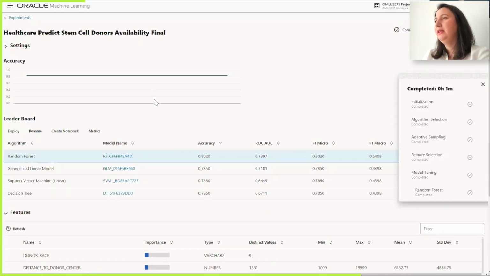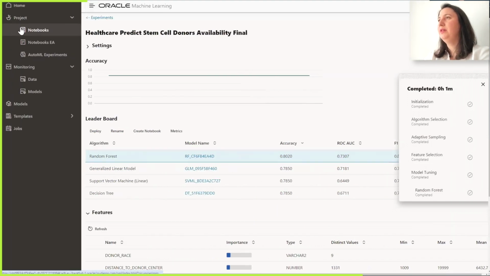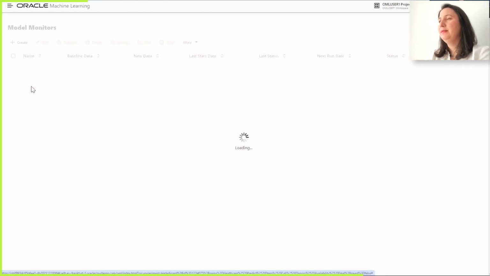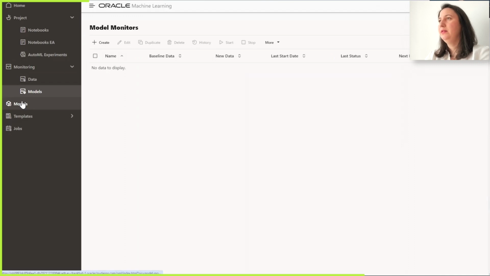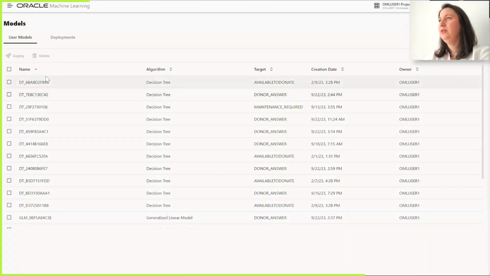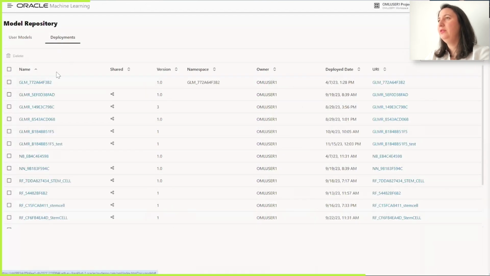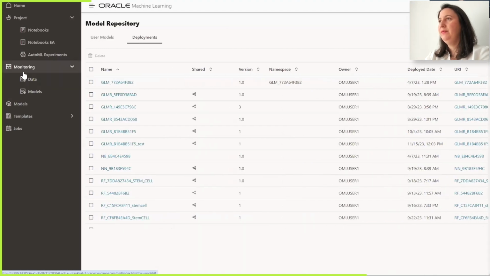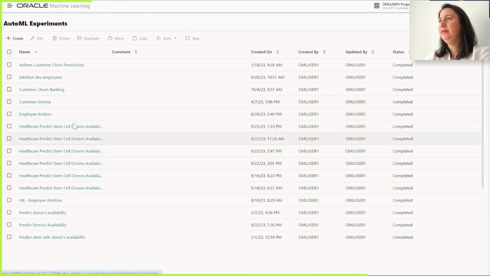So that would be one option, and I will be able to see in the list of models all the models created and all the models that are deployed into production. Now, if I come back to my experiment,